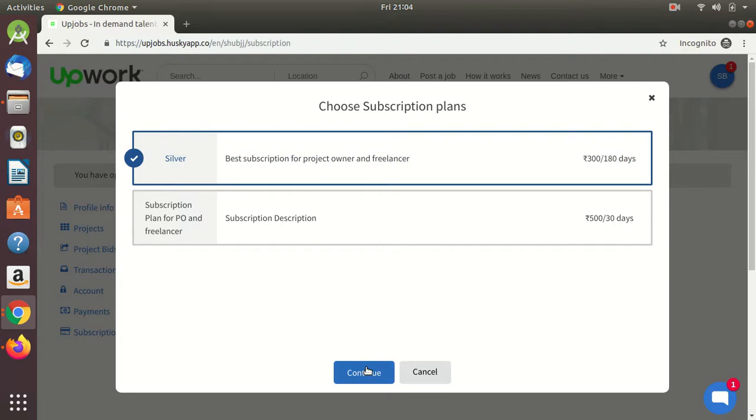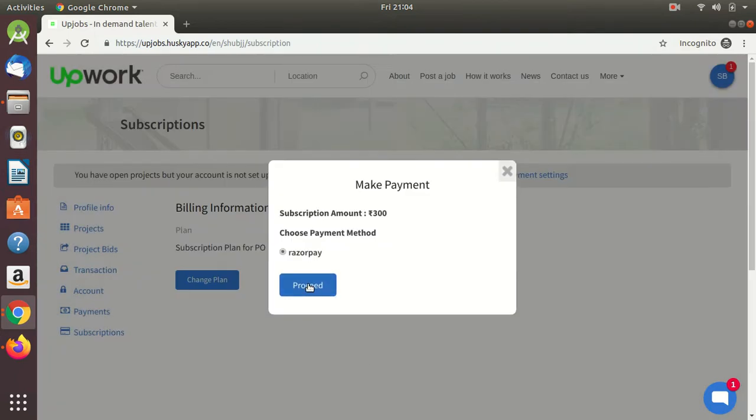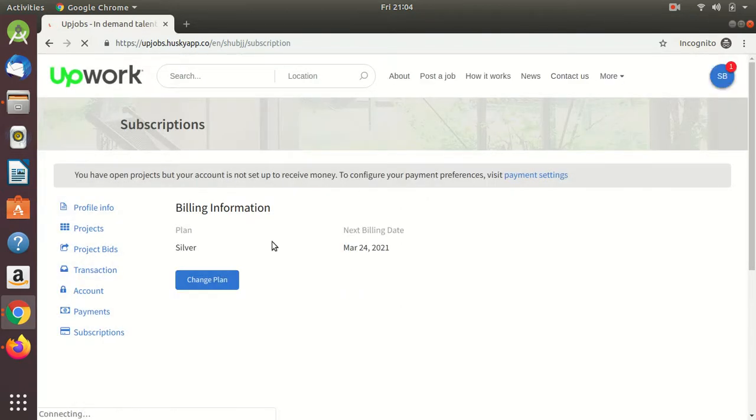If I click on the continue button and proceed again, it will say success and the plan will get changed. The next billing date is March 24, 2021, that is 180 days from today, September 25, 2020.